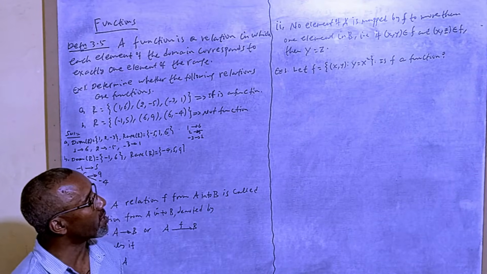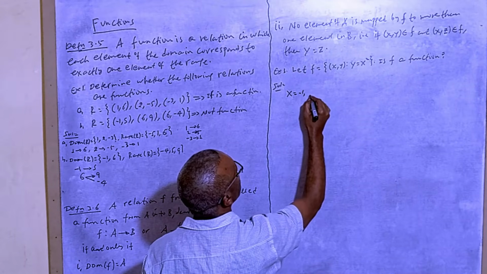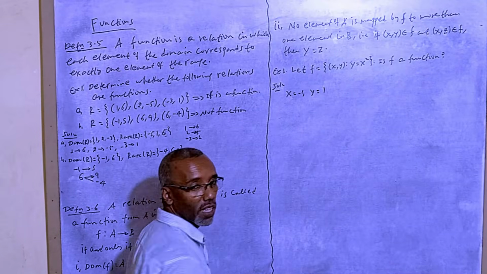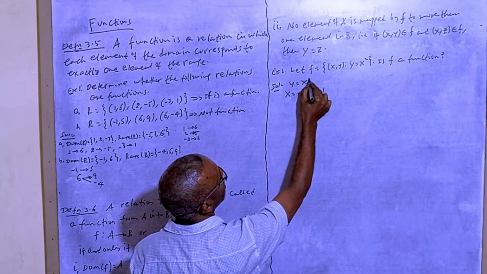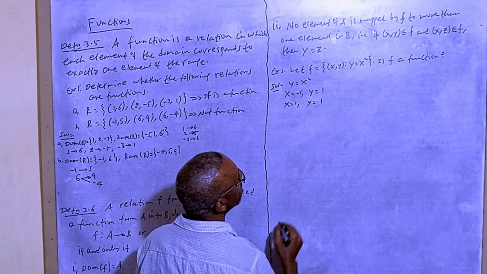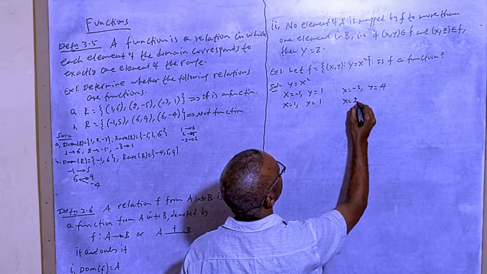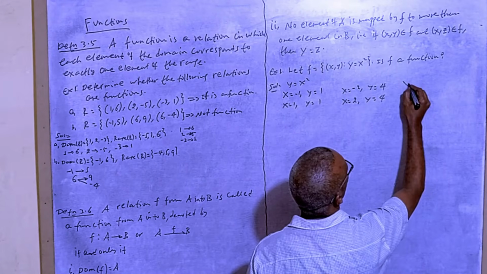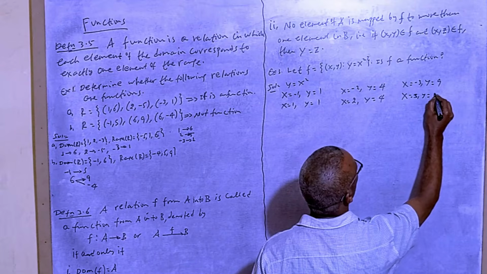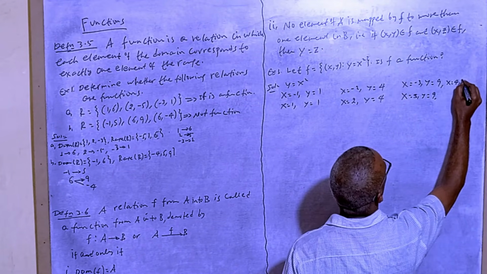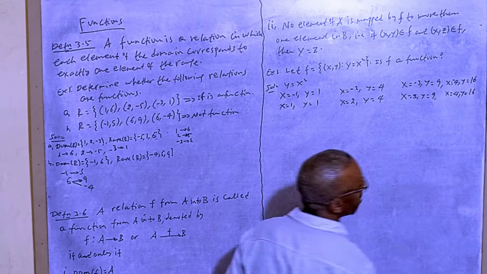ስለዚህ እስኪ እኔ x ለምሳሌ ኔጌቲቭ 1 ቢሆን y ስንት ይሆናል? y is equal to 1 ይሆናል። x is equal to -1 ሲሆን y is equal to 1 ነው የሚሆነው። y is equal to x ስኩዌር ስለሆነ ማለት ነው። x is equal to 1 ሲሆን y is equal to 1 ይሆናል። x is equal to -2 ሲሆን y is equal to 4 ይሆናል። x is equal to 2 ሲሆን y is equal to 4 ይሆናል። x is equal to -3 ሲሆን y is equal to 9 ይሆናል። x is equal to 3 ሲሆን y is equal to 9 ይሆናል። x is equal to -4 ሲሆን y is equal to 16፣ x is equal to 4 ሲሆን y is equal to again 16 ይሆናል ማለት ነው።